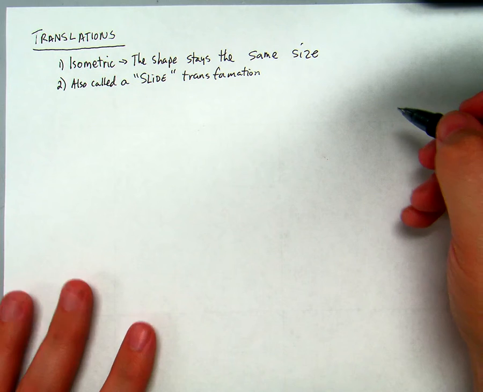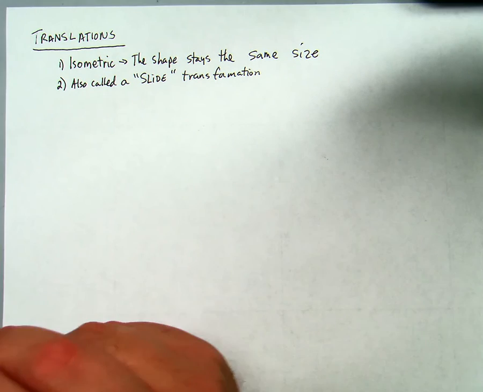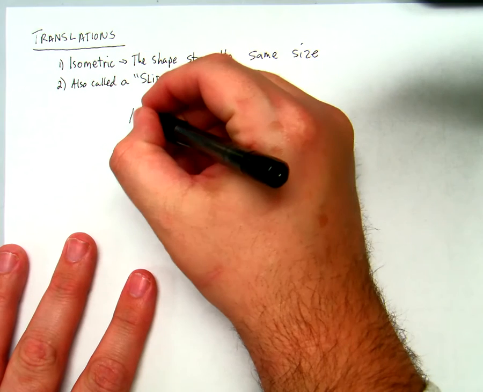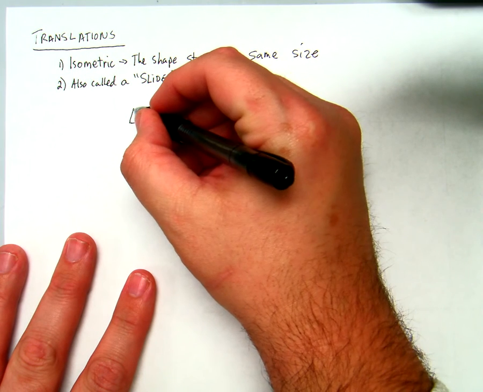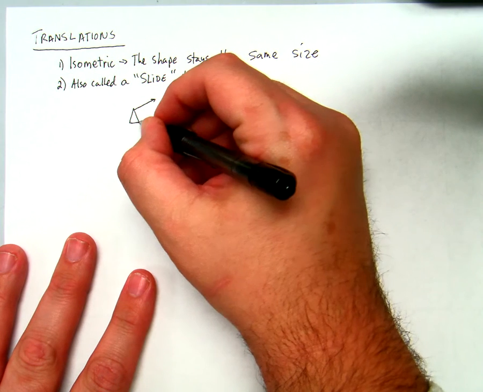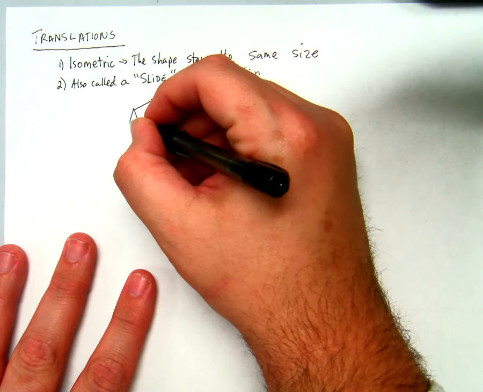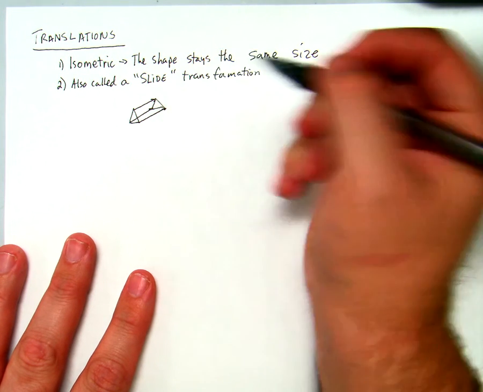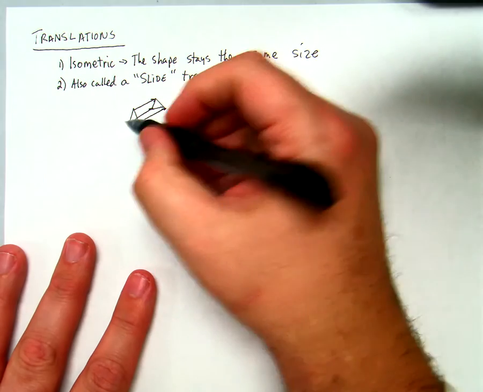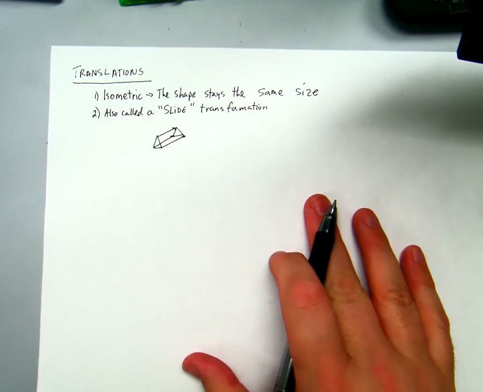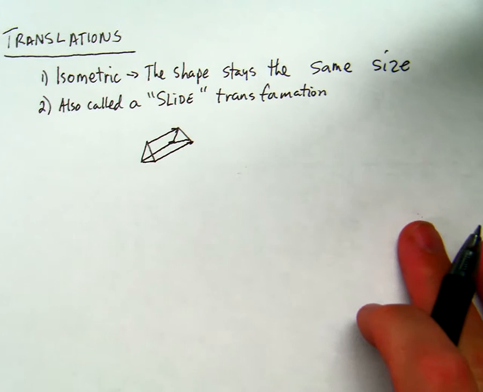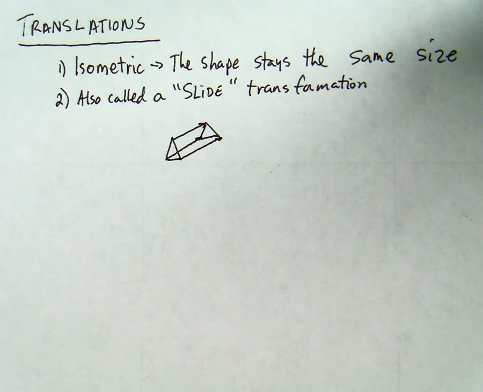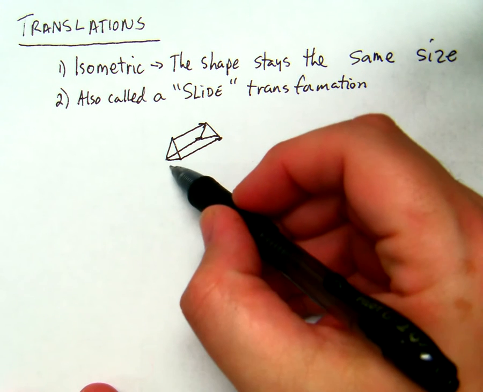It's also called a slide transformation, because basically what's going to happen is you're going to take a shape, like let's say we take a triangle, and the triangle is just going to be kind of slid to a new area, like that. So let me zoom in just a little bit here. So if I started here,